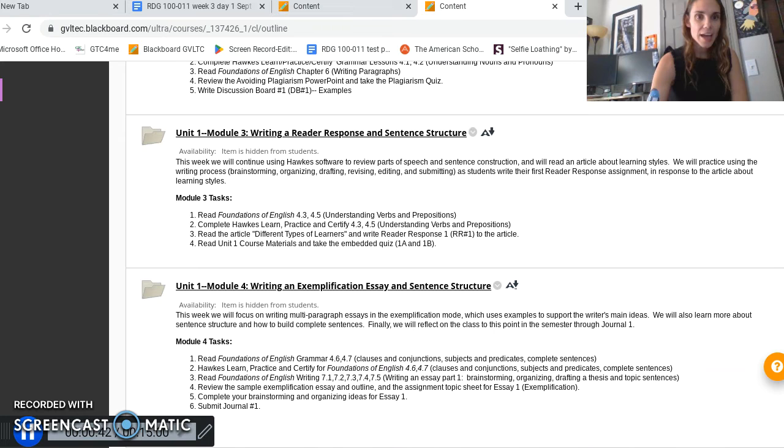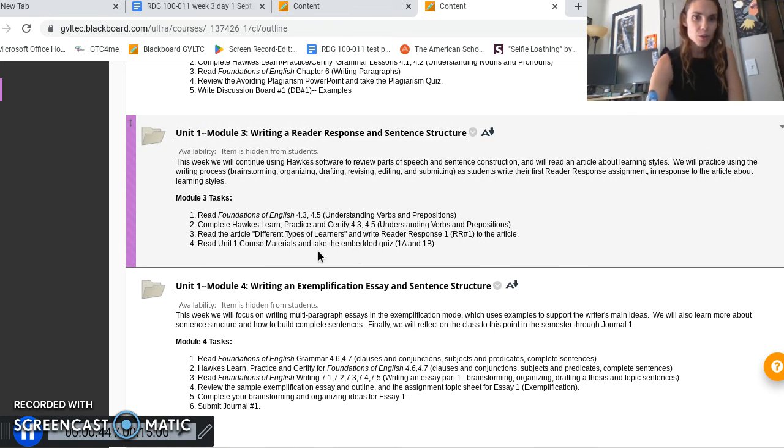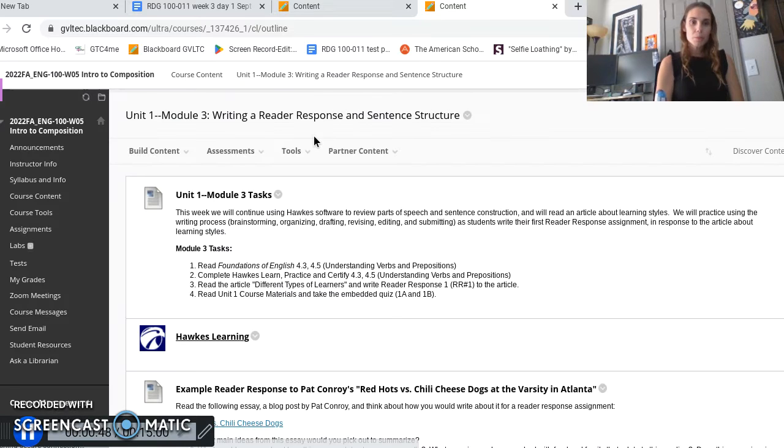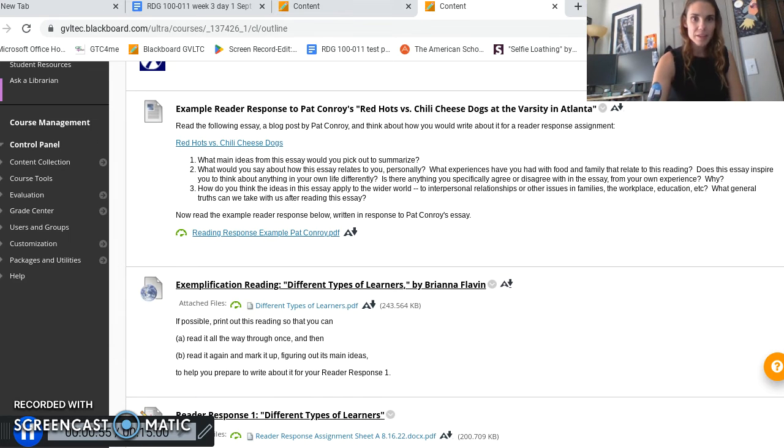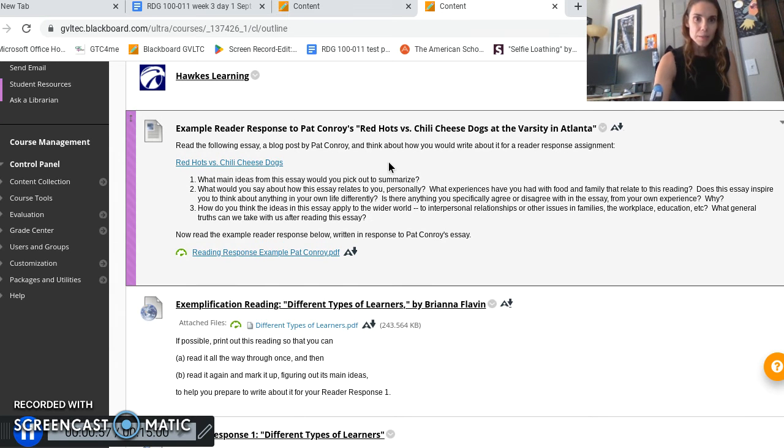Okay, so if you look at some of the tasks here, you see all the different things you need to complete. But when you click into the module, what I wanted you to look at with me was some of the examples of things. So here is an example of an essay, a blog posted by Pat Conroy, and some things that we're going to be talking about regarding the essay.